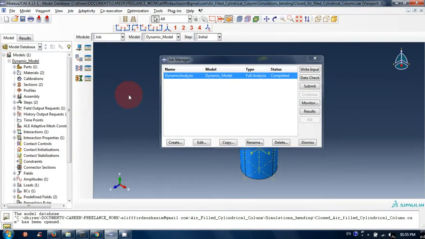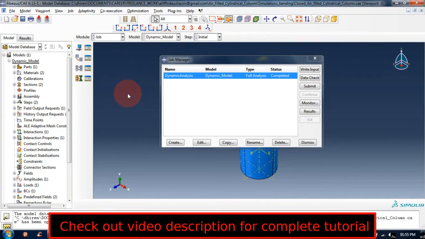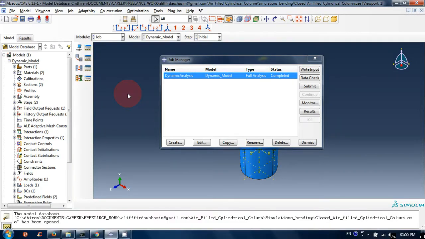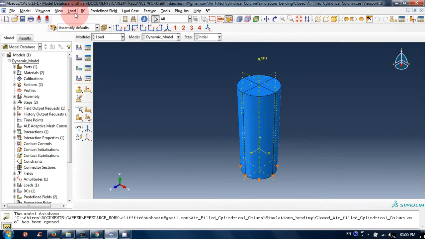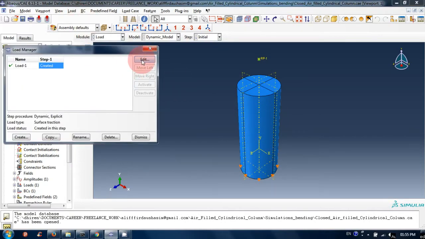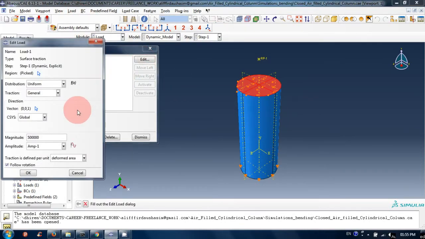This video is the second part of the tutorial series for the bending of a cylindrical cell, which is inflated by air. I have prepared the model in the previous video. Let's look a little bit at what we have done in the previous video. I created a load which is parallel to the top face, and I've given a load magnitude